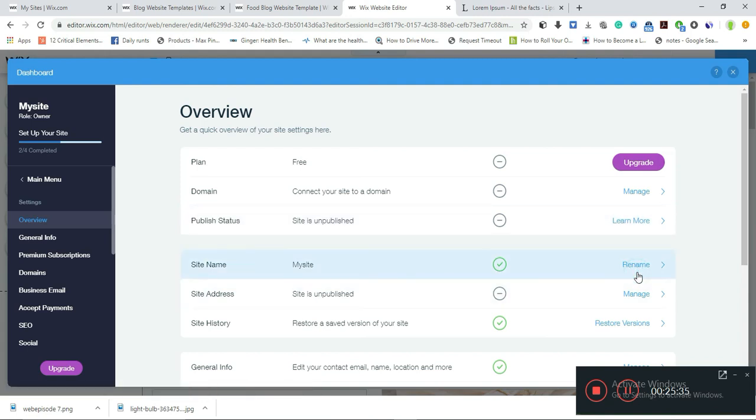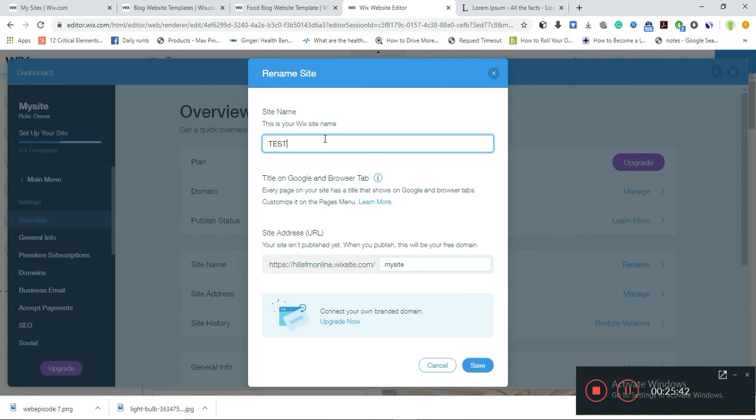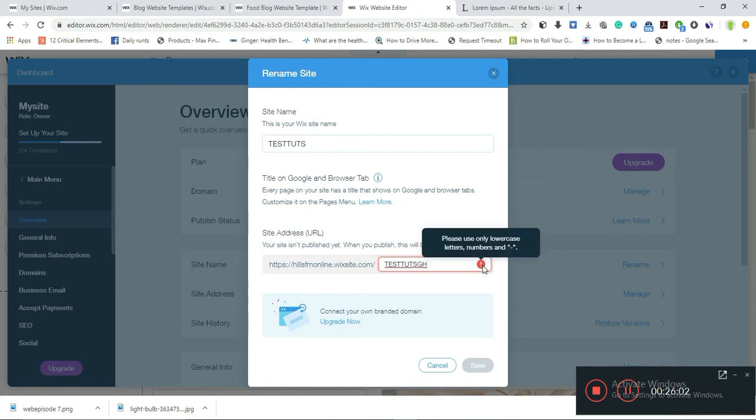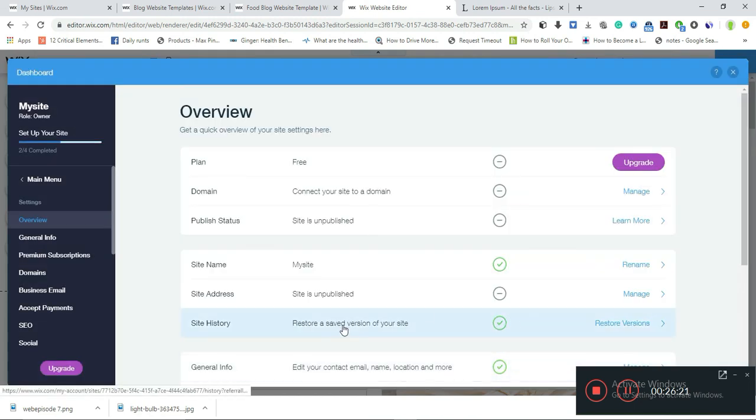You can rename it from here. It's currently called my site, so I'm going to call it test tutorials tuts, and site URL should be the same, test tuts. If it's available, Wix will tell us yes, this is available. So I think it's not available, that's why we're seeing this red. Okay, so it's telling us to use only lowercase, and we are using uppercase. Test tuts, right. So I think it's in blue, so yes, we could save this, and voila,